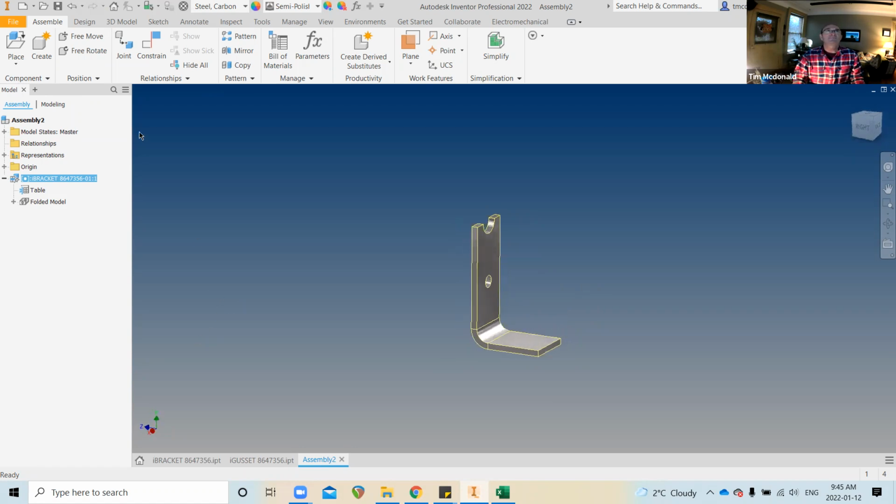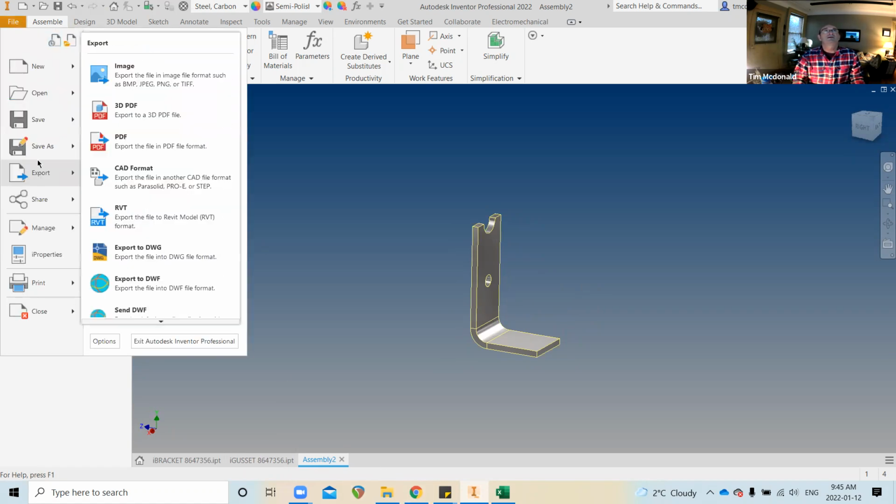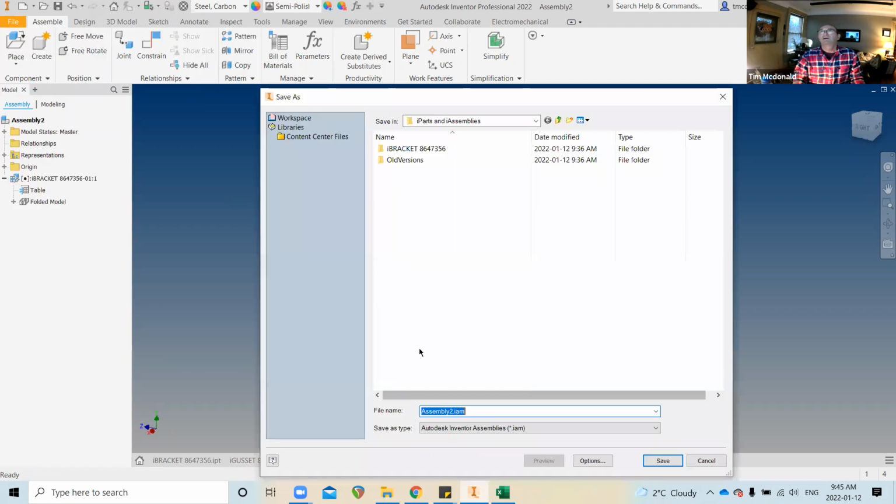Let's add a gusset. So I'm just going to, oh, I got to save this first. File, save as, and where are we? We're in the right directory. Oh, it's just that we don't have any other assembly, so those components aren't showing up. So I'm going to call this Iassembly or I bracket assembly. That makes more sense. I bracket